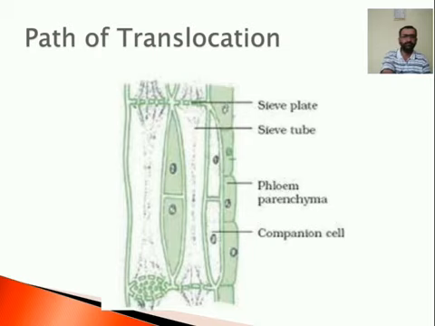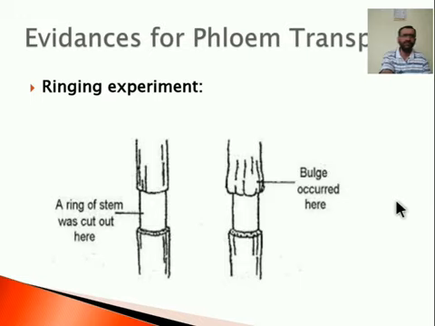The phloem, we know, is a food conducting complex tissue consisting of different elements. Those elements are the sieve elements, known as the sieve tubes. After that, the companion cells. After that, the phloem fibers are also present here in the system, and phloem parenchyma. These are some components of the phloem, and through them the translocation of food material takes place. In this way, this is the path for translocation of the food material.